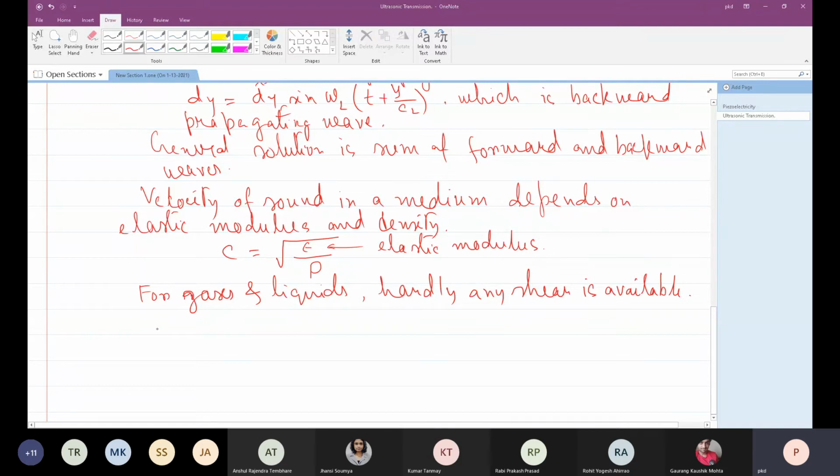Hardly CR is available, and propagation is mainly longitudinal. So there, this longitudinal velocity CL is given by